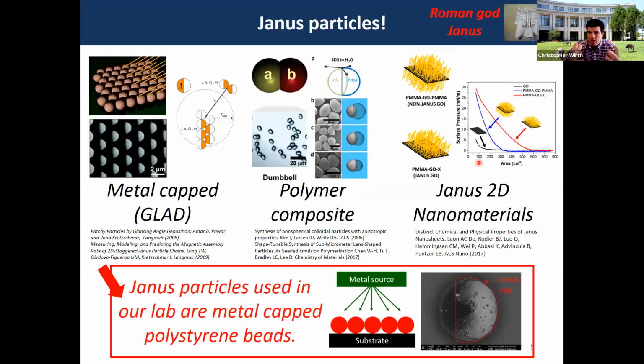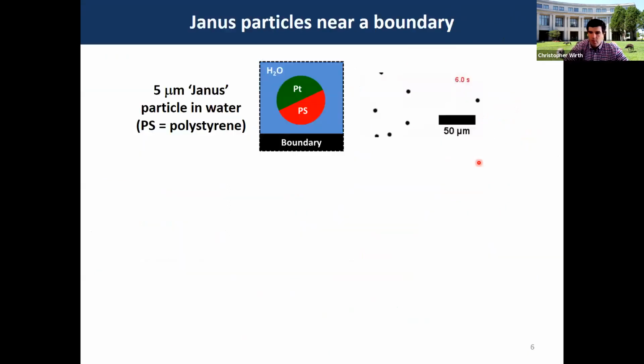Okay, so we utilize polystyrene beads as kind of the base for many of our systems, and that is true also for our Janus particle system. So first I want to start with an experiment that we did a couple years ago. So what I'm showing here is an